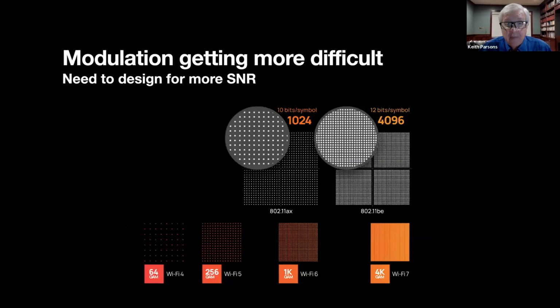One other type of complexity: we started out with, I didn't even put on the slide, BPSK. And BPSK is the simplest form of modulation we can use. You either send a 1 or a 0. So for every symbol you send on the radio, you get 1 bit on the other side. It's very robust. It works really well. For Wi-Fi that we're using now on Wi-Fi 4 and above,